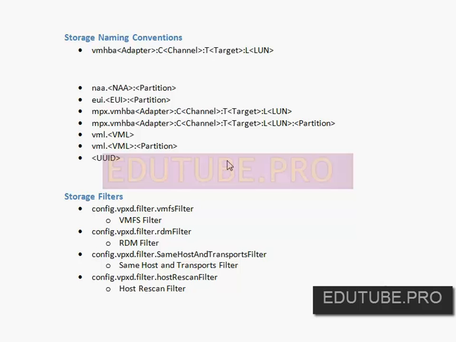That was how version 3 essentially identified what each piece of storage was. Now in 4 and then once again in 5, we have these additional storage naming conventions that are out there. The NAA, or the Network Addressing Authority Identifier, is one. Also the EUI, or Extended Unique Identifier, is another way of uniquely identifying a particular piece of storage, and then also its partition here after this colon. These two are very long strings of letters and numbers, and they're designed essentially to uniquely identify